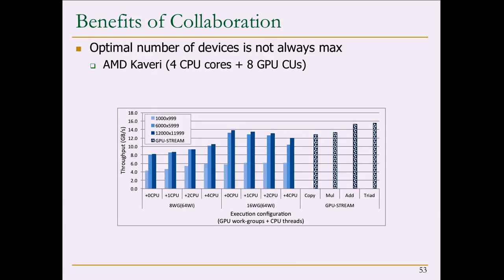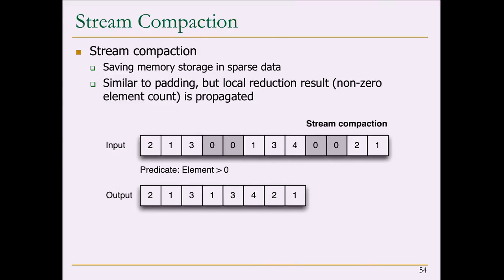I just want to show you results for string compaction, and we will have a break. String compaction is similar to matrix padding because we are also moving data, but instead of moving data from higher address to lower address memory locations,